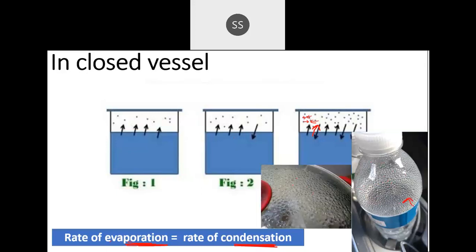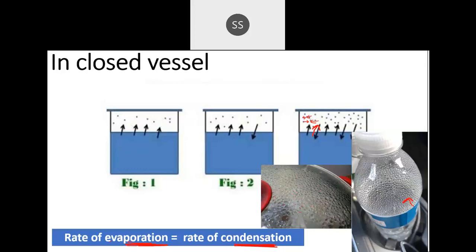At that time you are increasing the temperature, but the phenomenon is the same. When you close the lid, they can't escape out, so whatever liquid has gone into the gaseous phase collides with one another, and since they don't have any space available, they start condensing on the top of the liquid. So at this point, the equilibrium will be established.